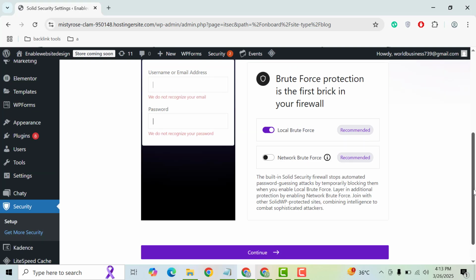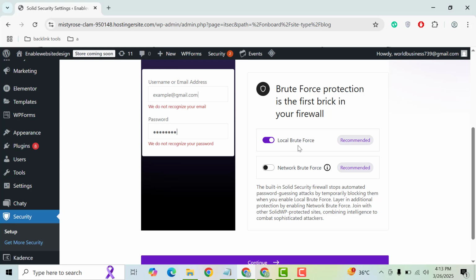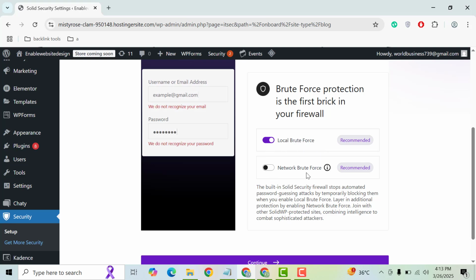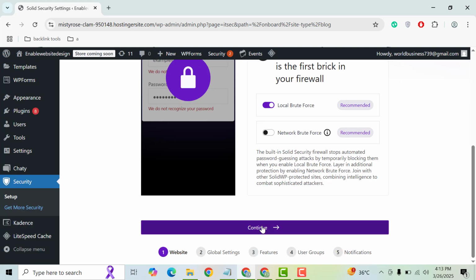So now you can enable brute force protection, and it's recommended for the local. You can also enable for the network brute force. Then click here continue button,